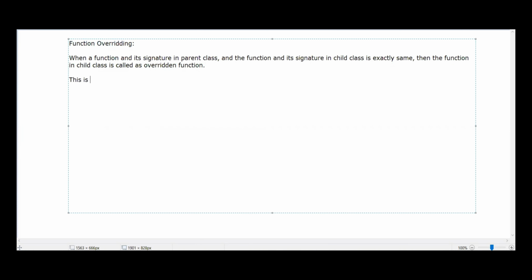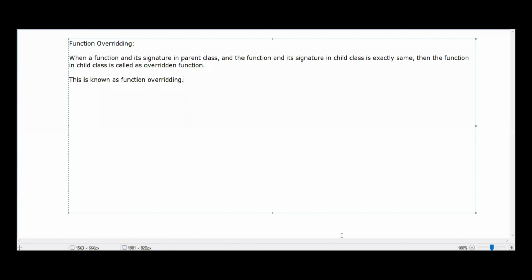This is known as function overriding. So that is called function overriding.